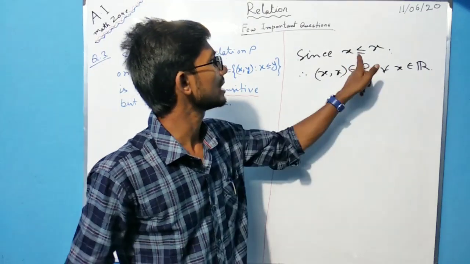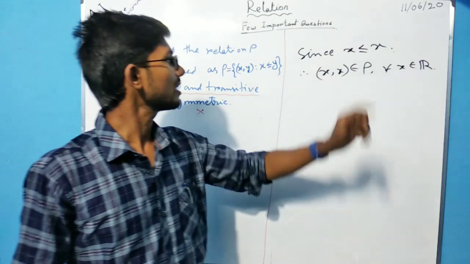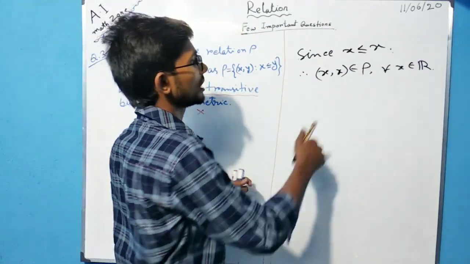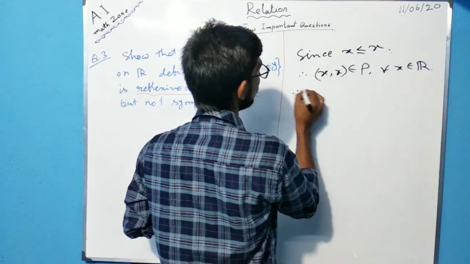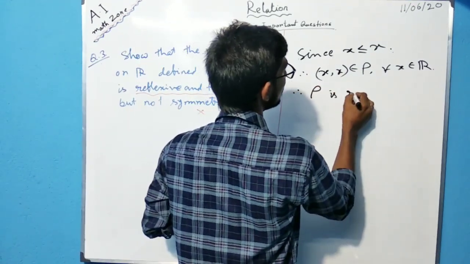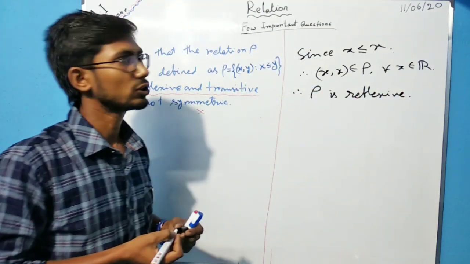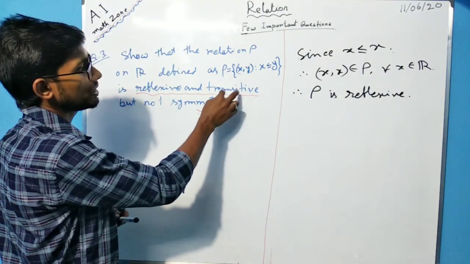वो सारे नंबर के लिए एक कंडीशन सेटिस्फाई करता है, जब भी एक कंडीशन सेटिस्फाई करता है तब भी x element rho के अंदर रहता है, and this shows that this is the definition of reflexivity, right? So therefore rho is reflexive. See the technique how to show a relation reflexive, right? Next we will show that rho is